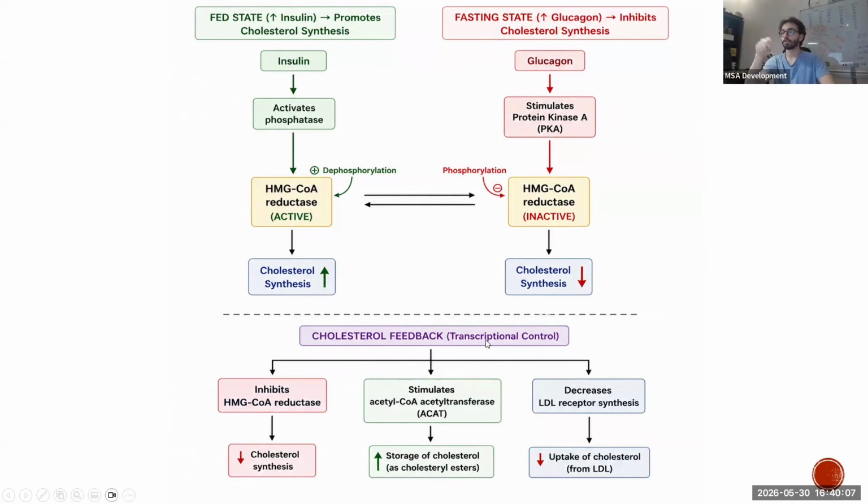The third thing is that cholesterol will decrease the LDL receptor synthesis. What are LDL receptors? LDL receptors are receptors on cells. This is a cell. We have the LDL receptor. When this receptor is active, it takes cholesterol inside the cell. But when we already have enough cholesterol inside the cell, خلاص, why do we need this LDL receptor? It will basically be broken down. We have decreased LDL receptor synthesis leading to decreased uptake of cholesterol. تمام?